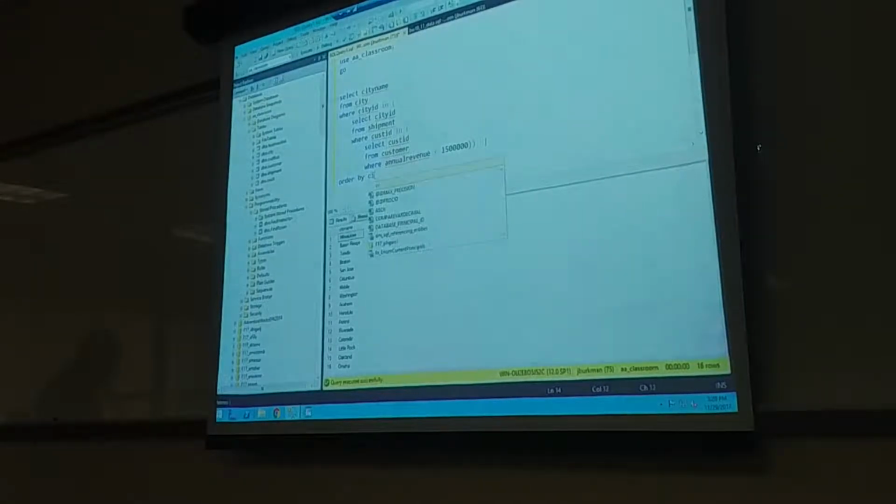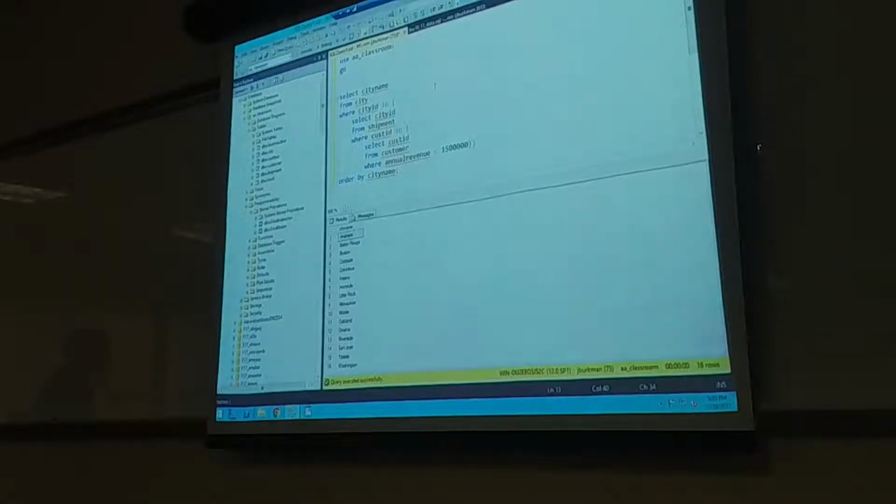So from shipment, where, I didn't finish that last one. The order by? Because what I said was, yeah, right, I got to do my order by. So order by is actually go all the way over here. Order by city name. There we go. That's correct. Order by doesn't go all the way out there in the white space land. It's just